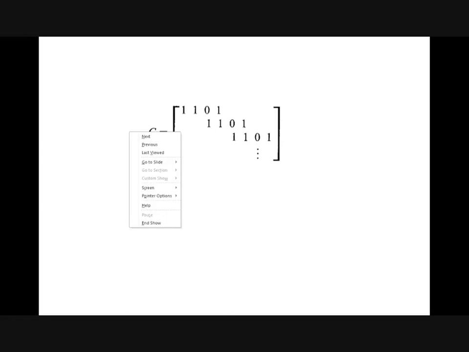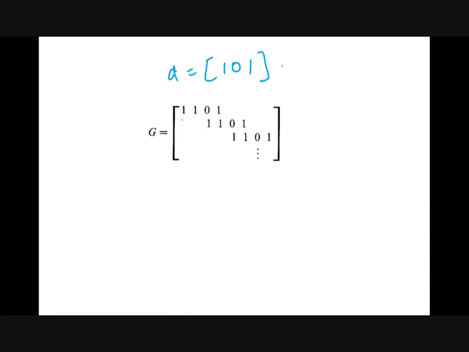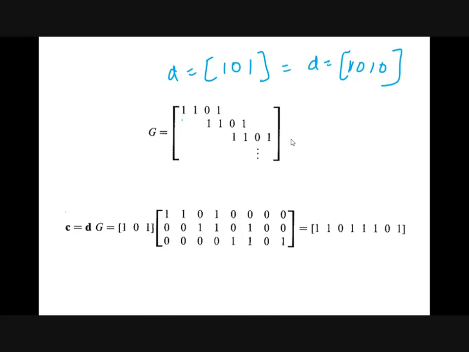Okay, so if we want to go by the matrix option, the matrix will be just repeating the impulse response again and again. The impulse response is 1 1 0 1 1 1 0 1 1 1 0 1 and so on. Again 1 1. So these are the zeros available. If I have to find the output for d equals 101, I will make it d equals 1010, and then multiply. When I do this I will get 1101 1101, as in the previous case.